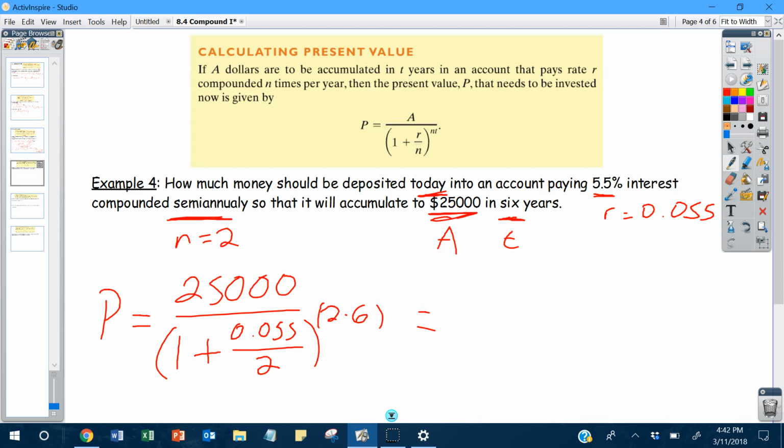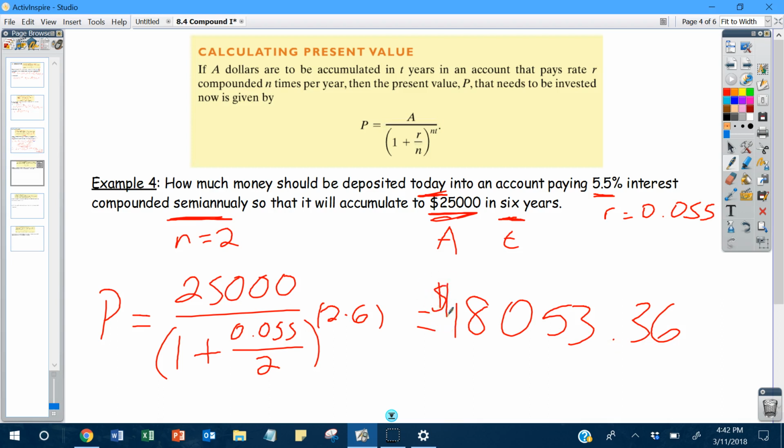I would say go ahead and put the entire denominator in parentheses and maybe another parentheses around the exponent too. And when I do that, I get $18,053.36,